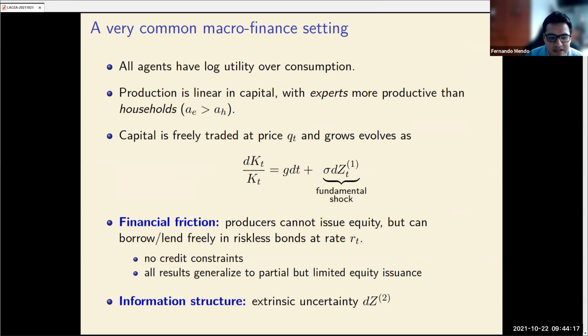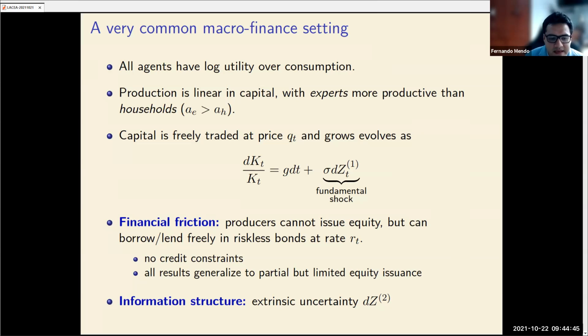That's going to be key. Everyone is going to be able to borrow and lend at a risk-free rate. Just let me highlight that there are no credit constraints where the capital price is in it, and because that's a way of generating multiplicity, we're not going to go there. All results are going to generalize if we have some equity issuance. The important thing is that it's not a complete market, so there's some degree of